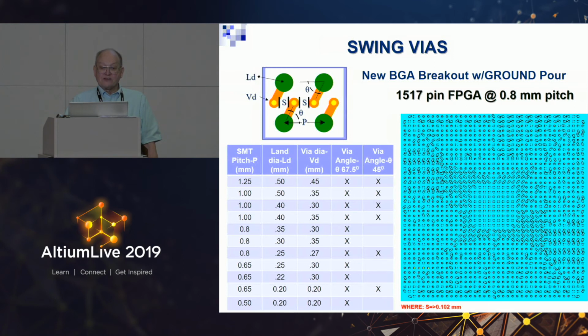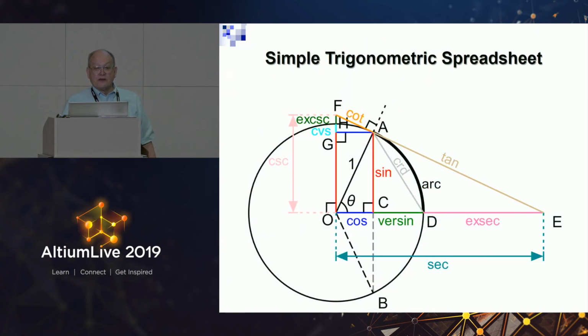And a lot of it has to do with when you've got lots and lots of pins like this and a mixture of power, ground, and signal, you've got to sit up here and calculate what is the distance and the angle of that swing. Like this one, this is a 1500 pin FPGA at 0.8 millimeter pitch. Well, it comes down to a simple trigonometric spreadsheet. You need to write a trigonometric spreadsheet, and if you can't do it, then go to your local high school